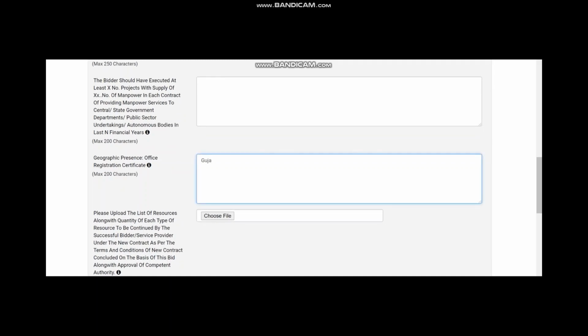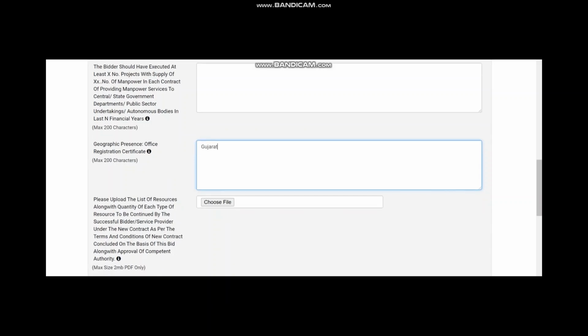I would suggest that for geographic presence, you can give your state name. So basically, if he is not from your state, he will not become eligible. That is the only criteria you should give.